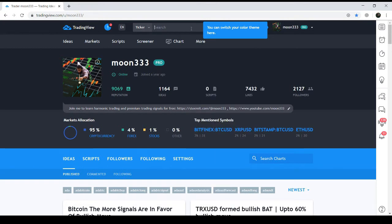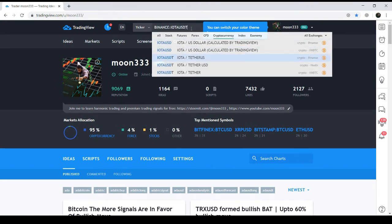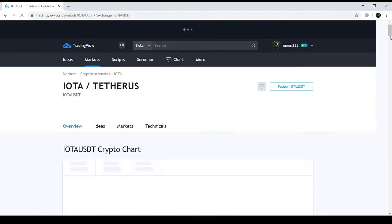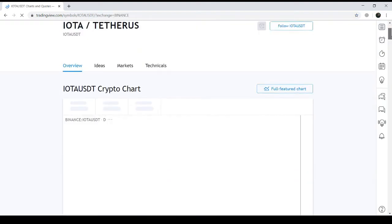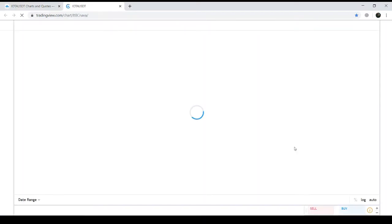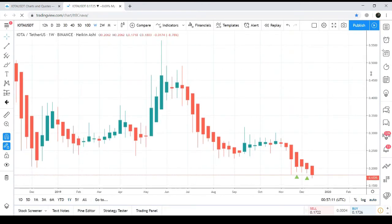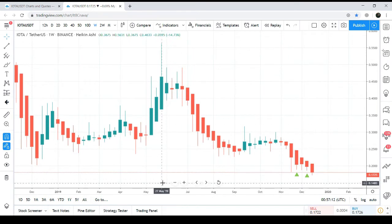Now I'm going to show you the IOTA's move, and this will be the midterm technical analysis. IOTA is making a very good move, and this is IOTA dollar, and this will be a week chart. This can be a midterm and also a long-term analysis. And here we can see on the week chart,